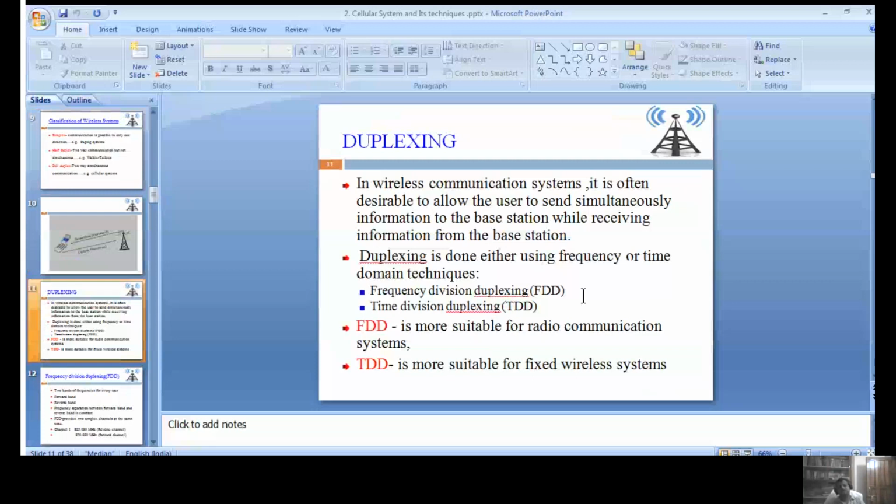Suppose in previous slides we discussed that the maximum coverage radius for each base station is 50 miles. The signal can be lost. Nothing but the signal limit decreases. After the 50 miles, automatically the call can be terminated. Suppose we made a call and are moving in a car or on a bike, whatever transport it may be. After moving 50 miles, automatically the cell phone signal is not coming. The signal is lost. That is about limited service capability.